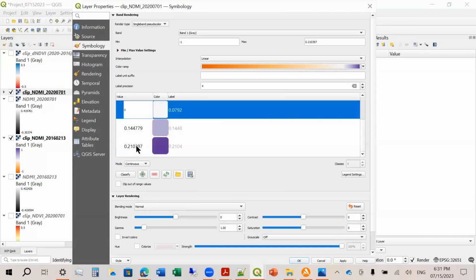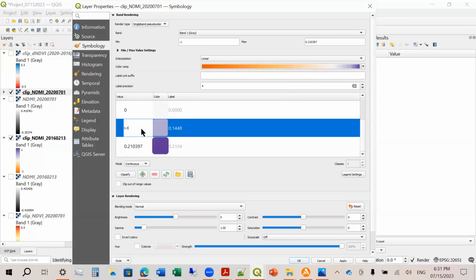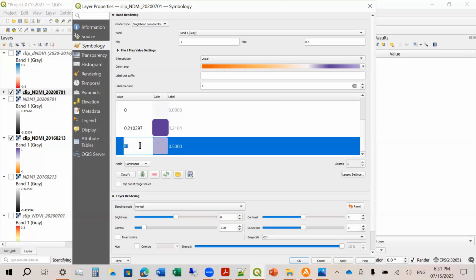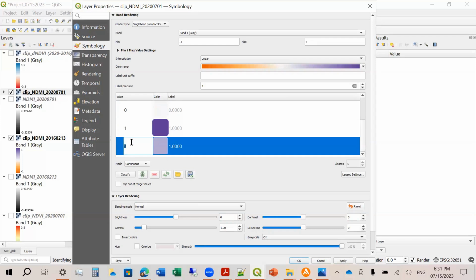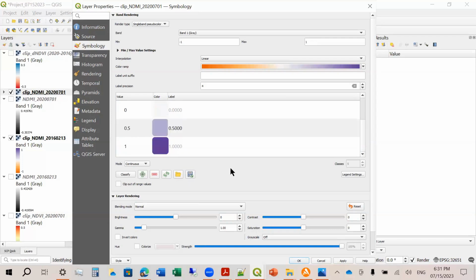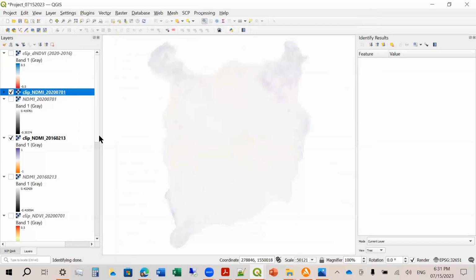White is 0. This is 0.5. And this is 1. This is 0.5. Sorry about that. Oh, sorry, this is 1. This is 0.5. There you are. Okay, and apply.